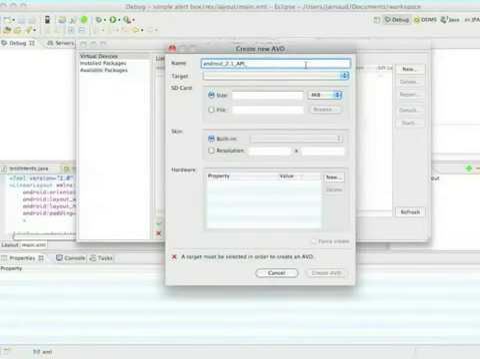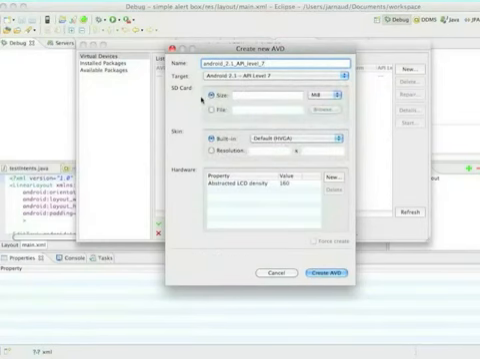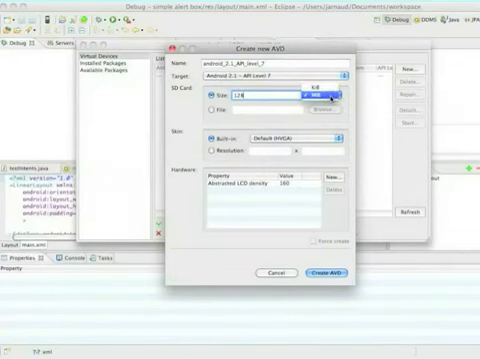First, I will remove the one I have on my computer, which is done, and I will recreate it to show you the process. New, so the name. I usually create more than one device, so I like to have a meaningful name, and I usually include the Android version and the API level version. Here, level 7. For the target, so 2.1, and